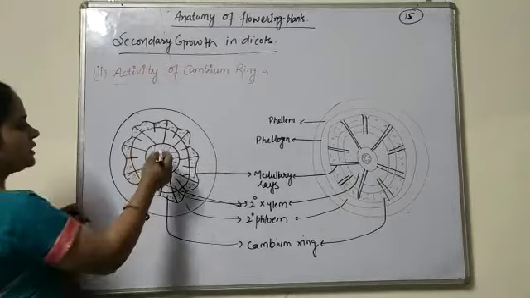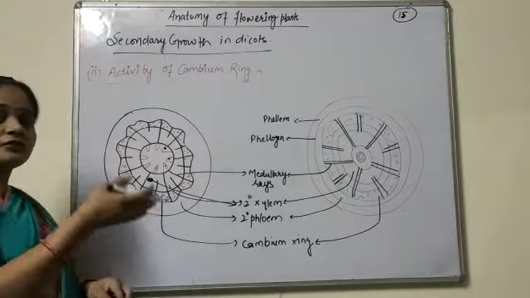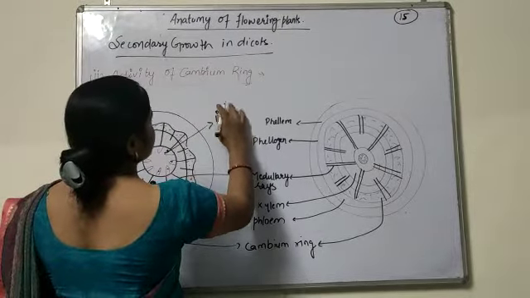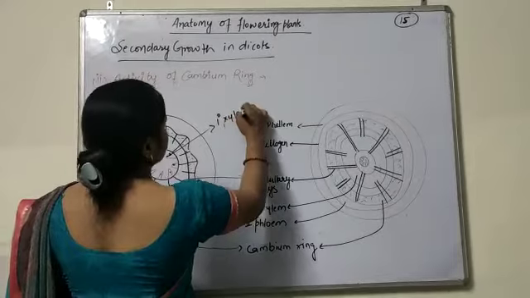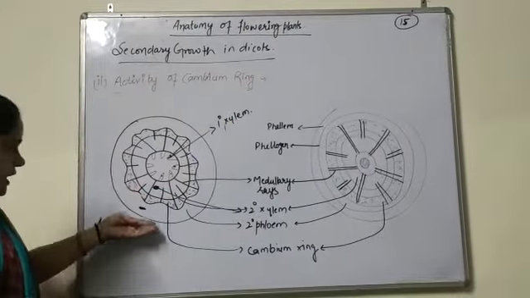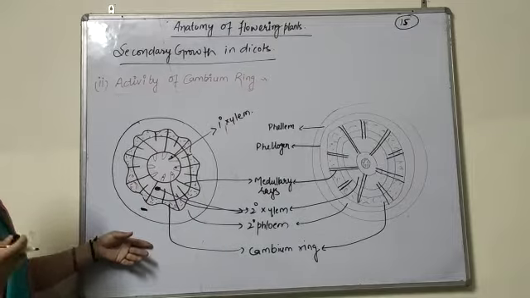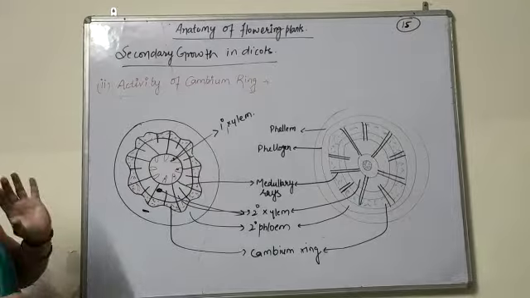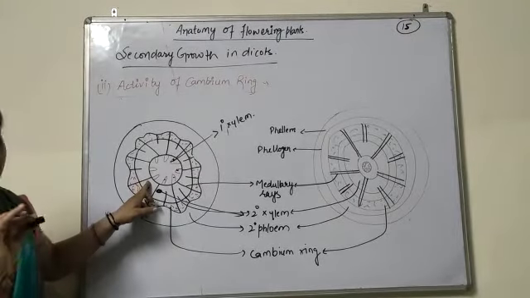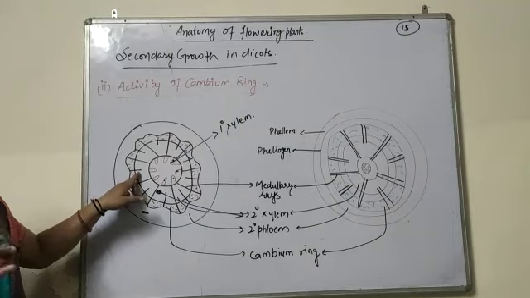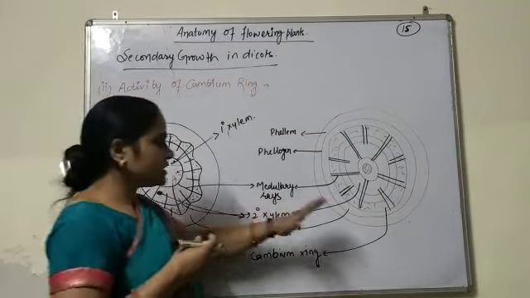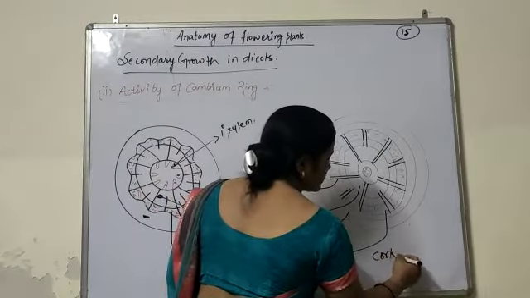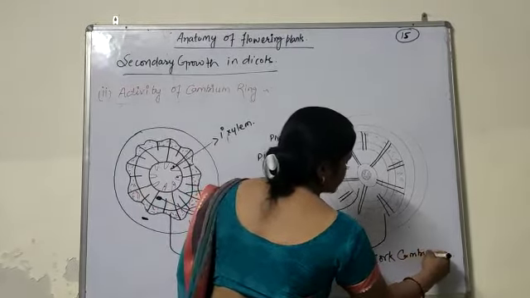Now this part shows the traces of the primary xylem, which gets crushed off. And outside of this, there is the primary phloem, which is permanently crushed off. In this activity, the medullary rays present here will start forming secondary medullary rays. Now this picture shows the formation of cork cambium, which we will study in the next video.